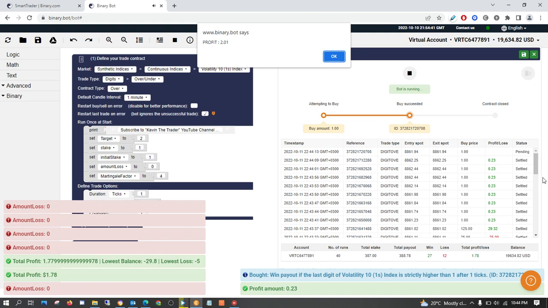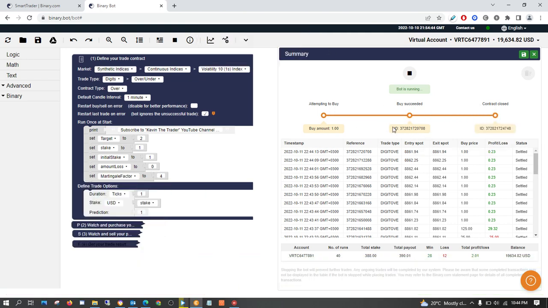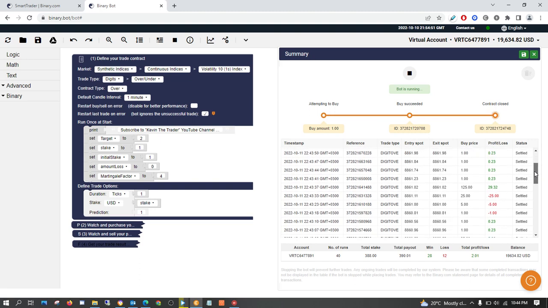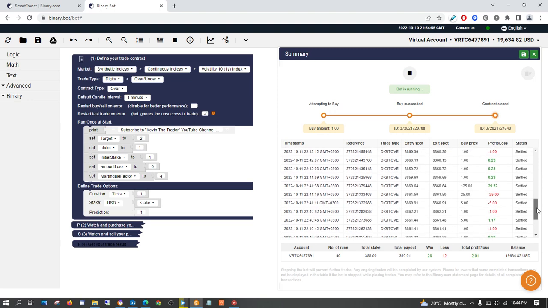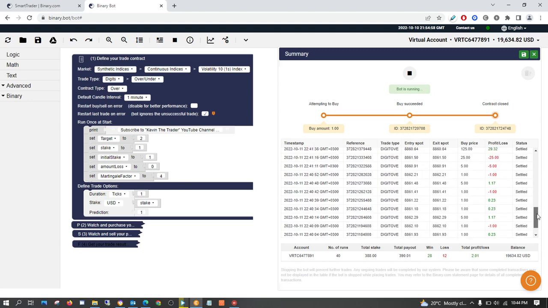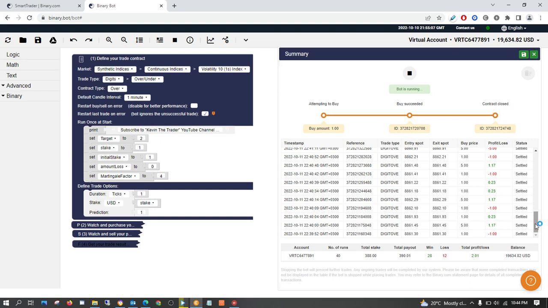Now see, we are already at $2. Okay, and then we take that profit. So with this bot, you saw that it was losing up to 125. Now that's not good for a small account. So whenever you see this bot losing up to 3 in a row like this, then you can just stop for 15 minutes or 20 minutes and then trade again. So, and that is how you trade with $1.